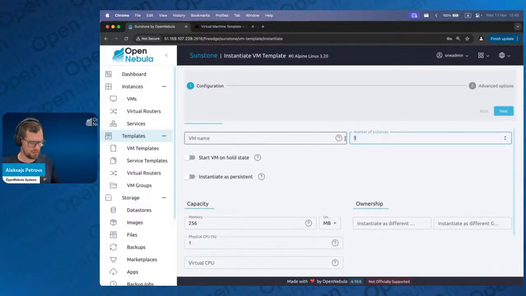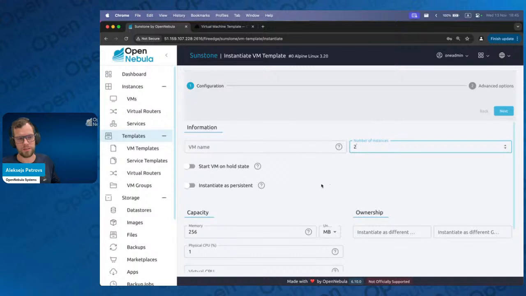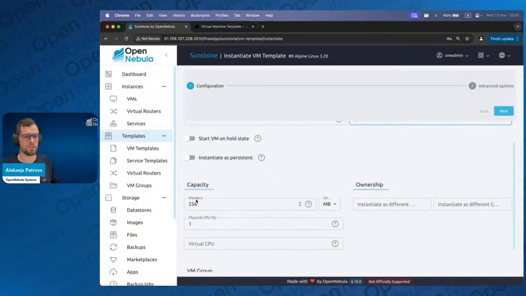Now, let's deploy 2. So you can also set a virtual machine name. You can change the capacity of that virtual machine. You can again instantiate it as a different user, for example, Jane or Jack, and the group. So group is something that we also should be a little bit aware of. So the thing with group is that by default, OpenNebula resource is going to inherit